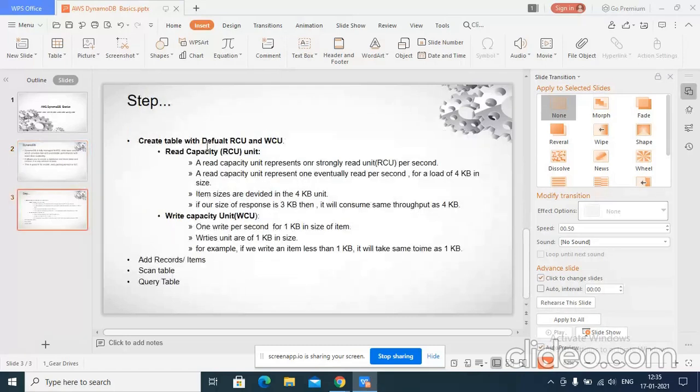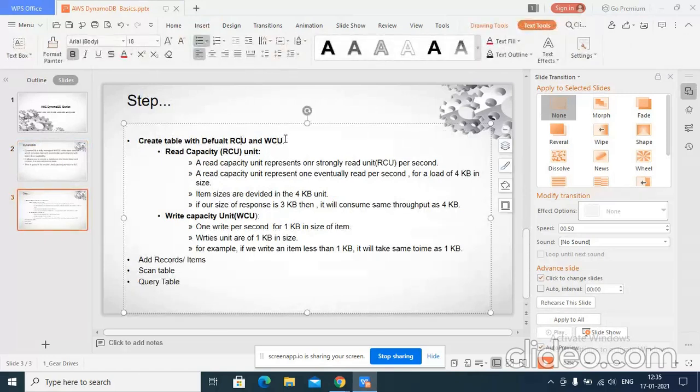Before moving to the practical steps, there are some terminologies that we need to understand. When we create tables in the free tier limit, there are two terms we come across, RCU and WCU. RCU is read capacity unit, and WCU is write capacity unit. By default this is 5 and 5.